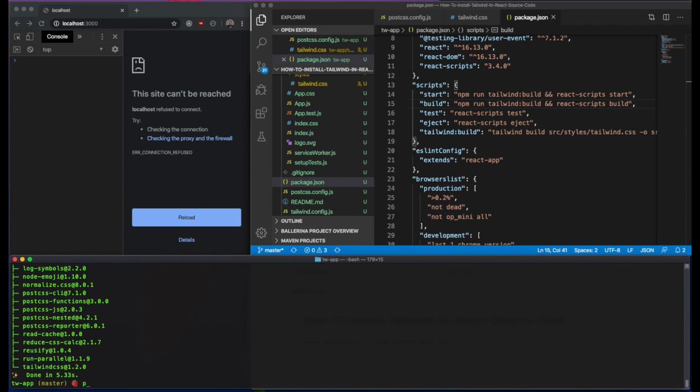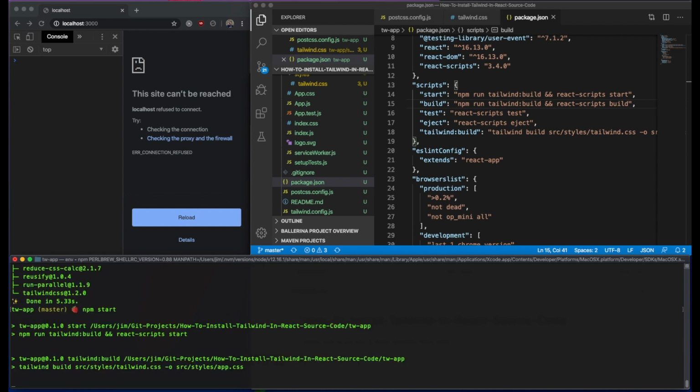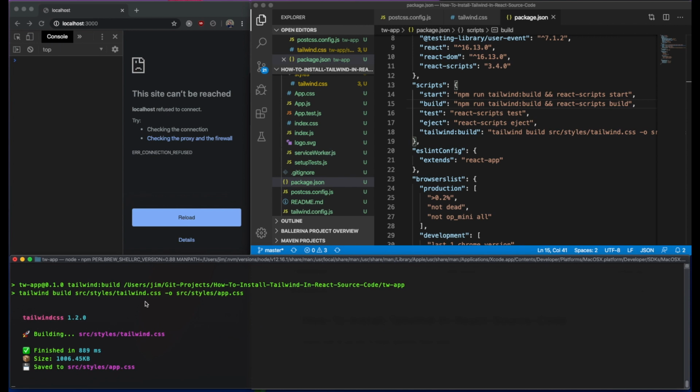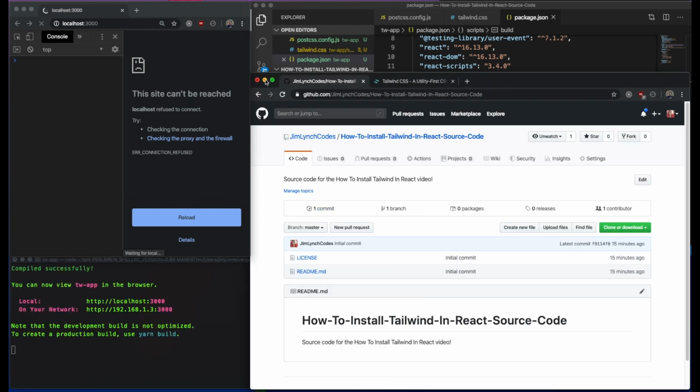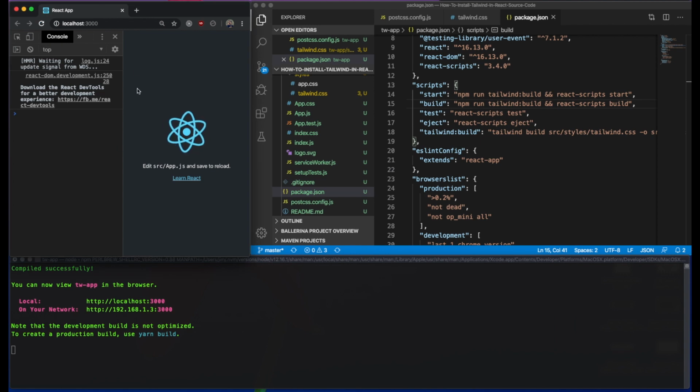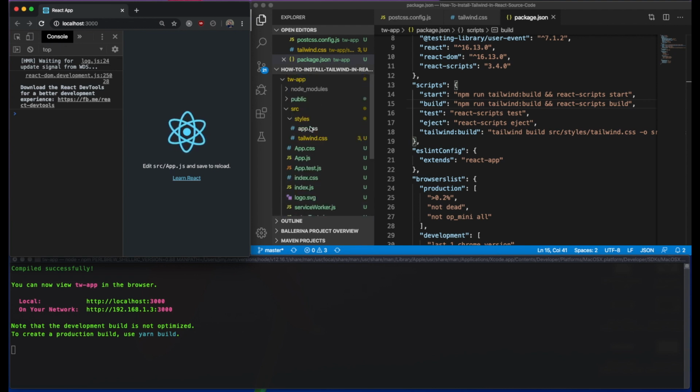So let's just run npm start and see what happens. It's running over in this browser, and it's working fine. You'll notice this file app.css was generated here in styles,